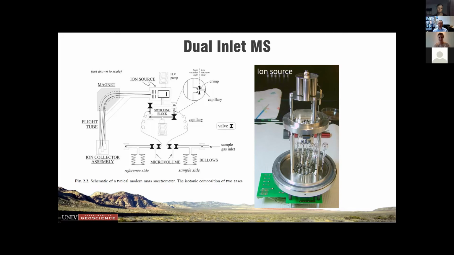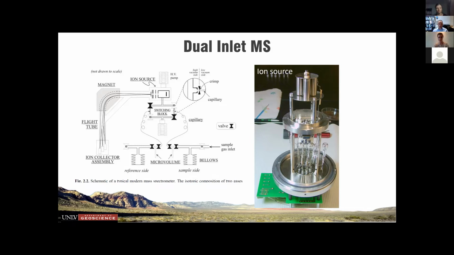It goes into the ion source, which is a series of electronics, which ionizes it and then creates the stream that allows your mass spectrometer to actually analyze these samples. So this would be the type of system where you have a Kiel device from Thermo for